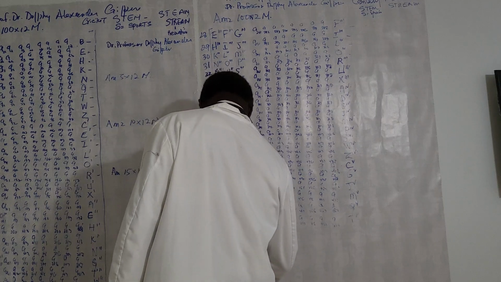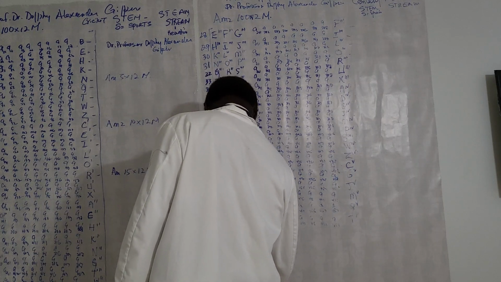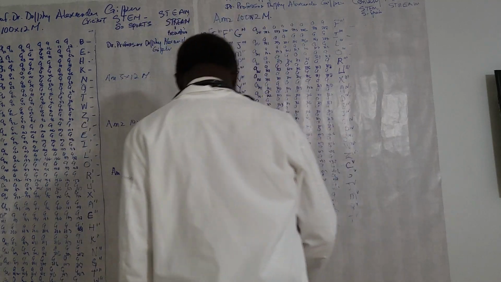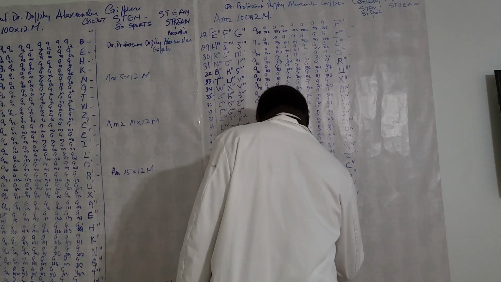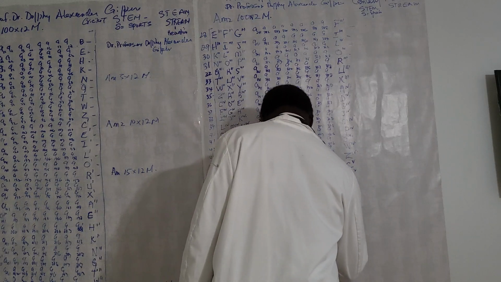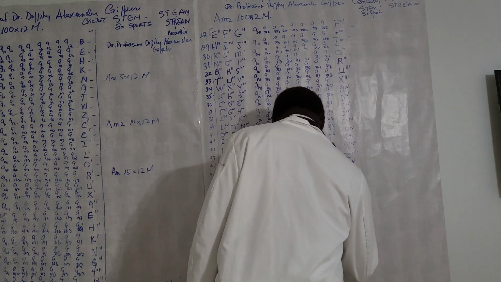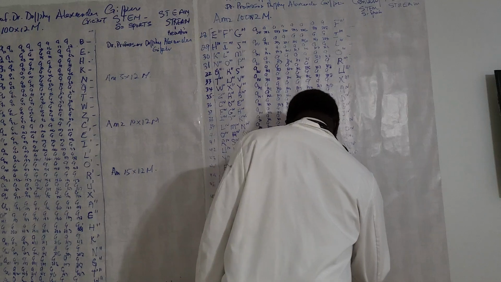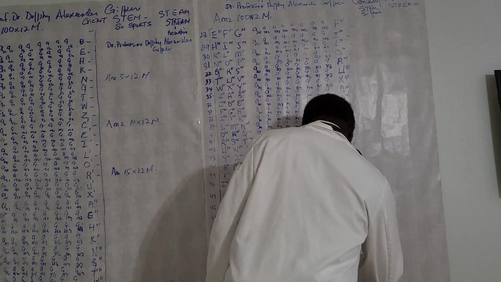51, 52, 53, 54. So we have A 51, A 52, A 53, A 54, A 55, A 56, A 57, and A 58,